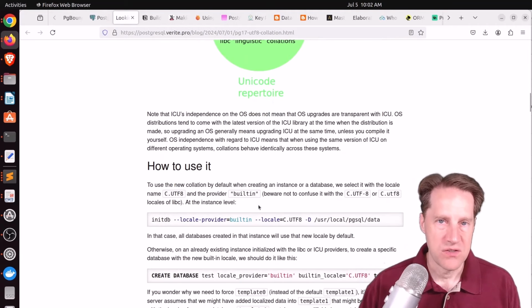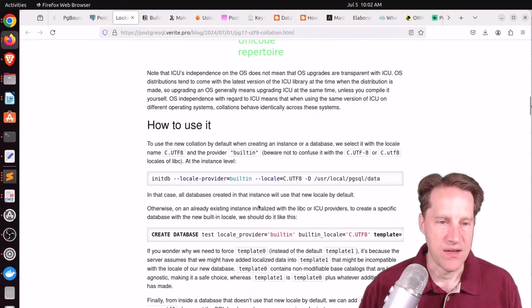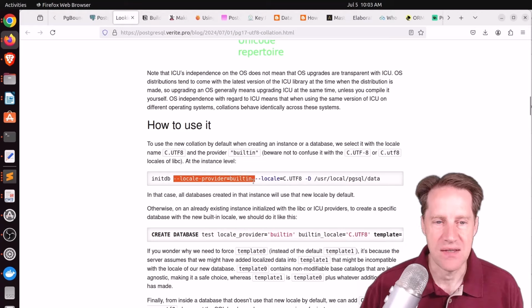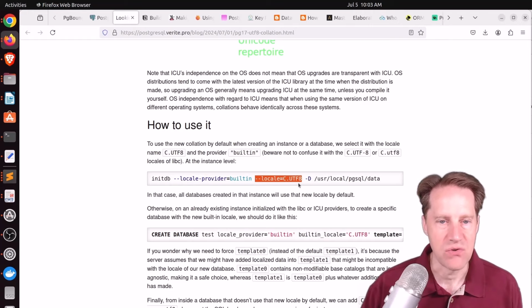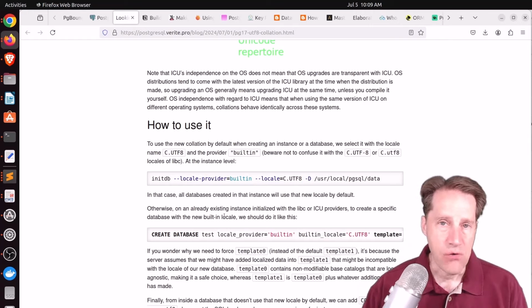Now, if you wanted to use this new built-in collation, how do you do it? So when you're initializing your database cluster, you can specify the locale provider and make sure it says built-in. Then you specify your locale being C.UTF-8. So that will make it the default locale for this entire database cluster and any new databases you create with it. But if you already have an existing database cluster, you can create a new database using this new type